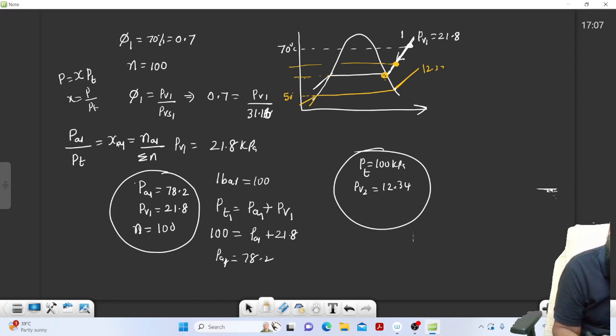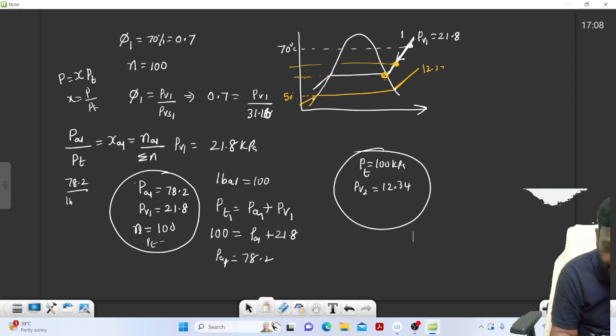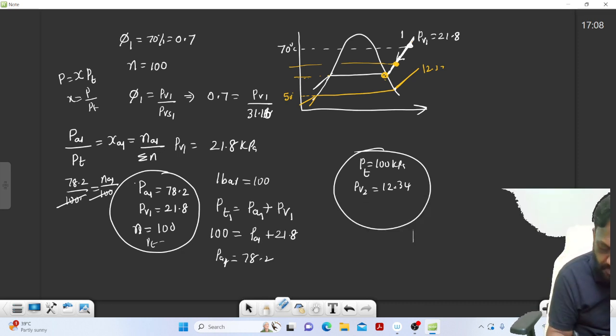But what is mole fraction of dry air? Number of moles of dry air by total number of moles. Already I know. What is PA? It is 78.2 by what is the total pressure, sir? Total pressure कितना है? The total pressure is 100. Should be equal to number of moles of dry air by total number of moles. What is the total number of moles? It is 100. तो इसका मतलब the number of moles of dry air is, ध्यान से सुनो सर, 78.2,